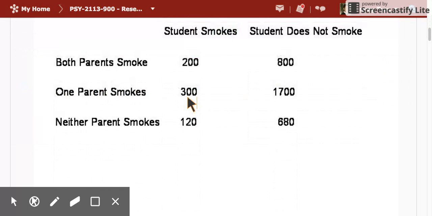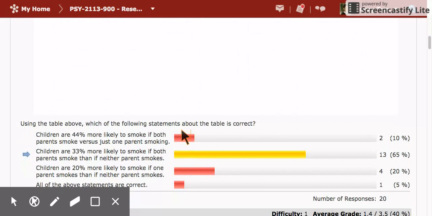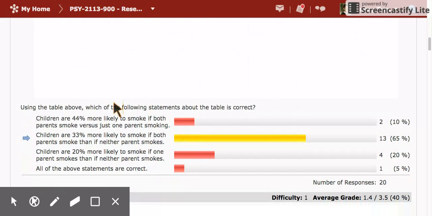This next one, of course, your famous table. I told you guys that you need to learn how to read it. So this is asking you how to calculate a relative risk index, basically a ratio. And this is the correct answer. And to get that answer,